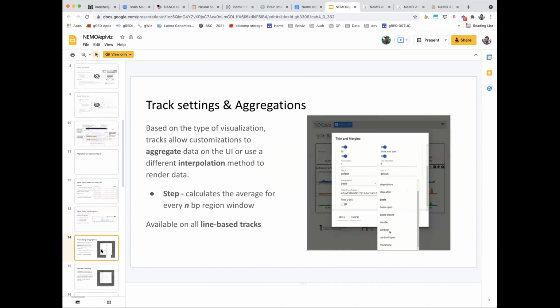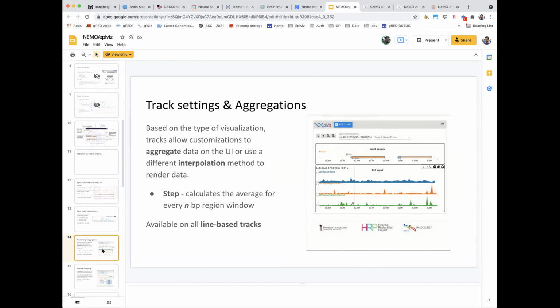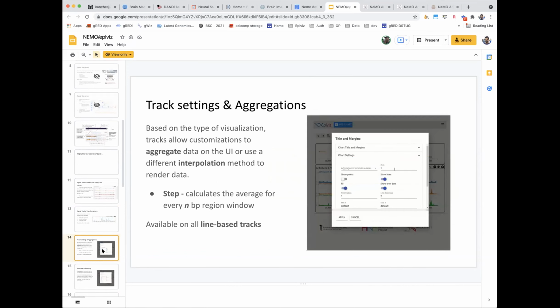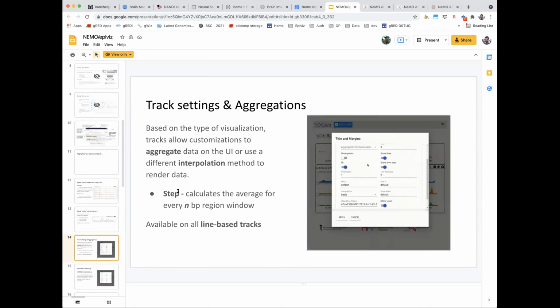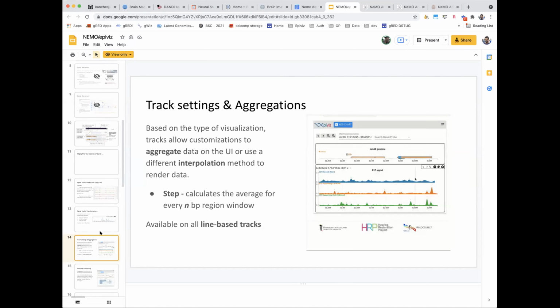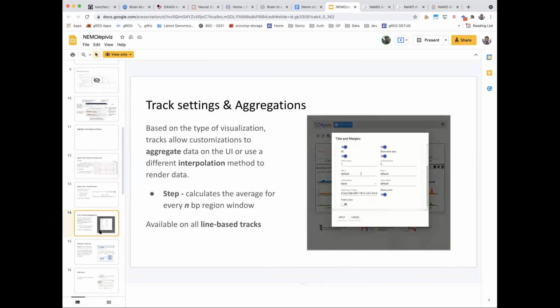Something I've shown before: if you have data that is too dense, or you're looking at data at a very high level, you can use the step parameter to calculate an average for every 10 base pairs if the value is 10 in the window, and then visualize those rather than looking at the data at the base pair level.